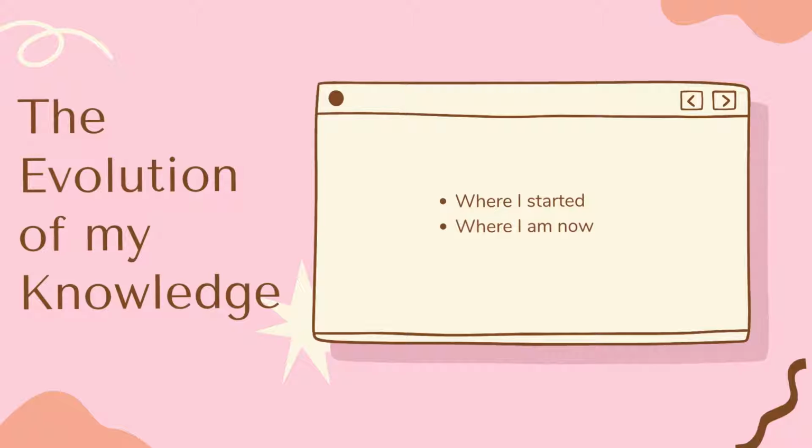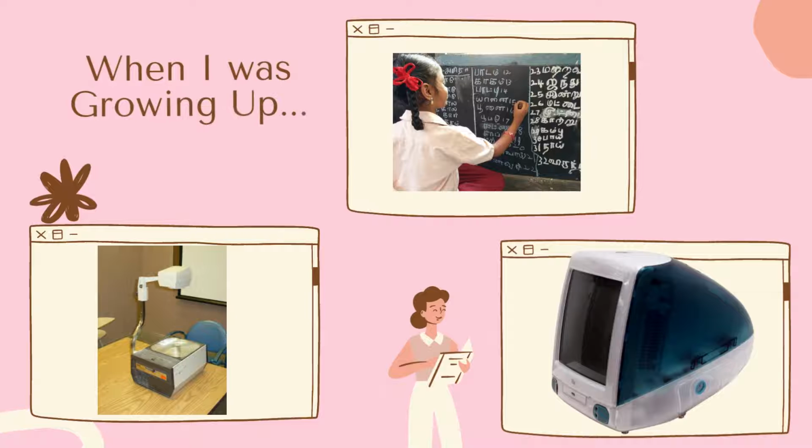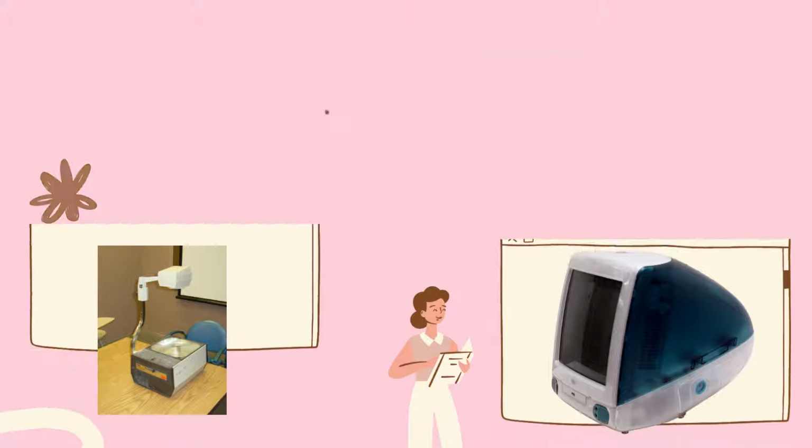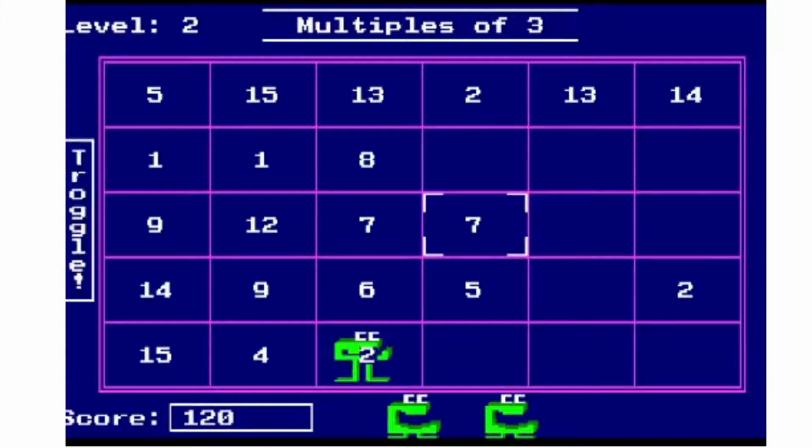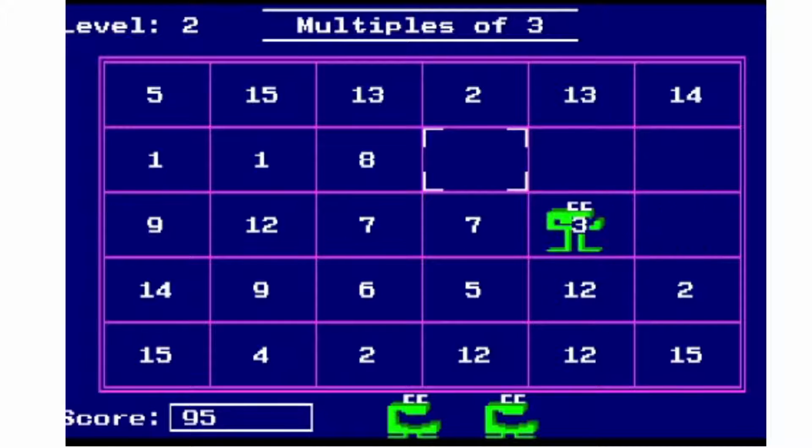When thinking about the evolution of my knowledge of educational technology, it takes me back to my grade school days, so like way back. When I was growing up, we had blackboards, overhead projectors, and then later the exciting colored Mac computers. It was always the best going to the computer lab and getting to play games like All the Right Type and of course Number Munchers, which by the way you can still play at classicreload.com. It's cool to think that we can still play some of the classic learning games from our childhoods.